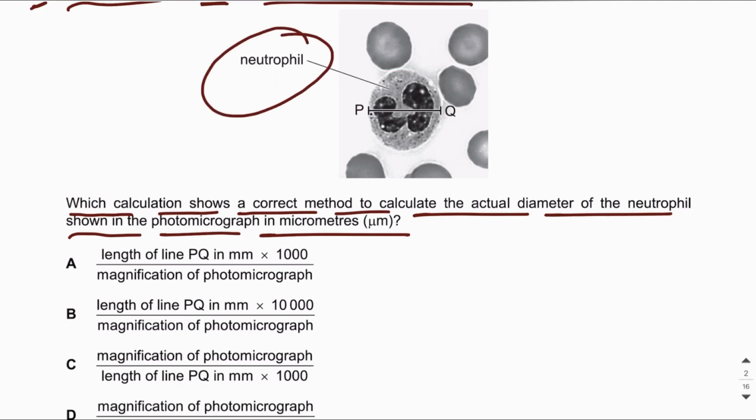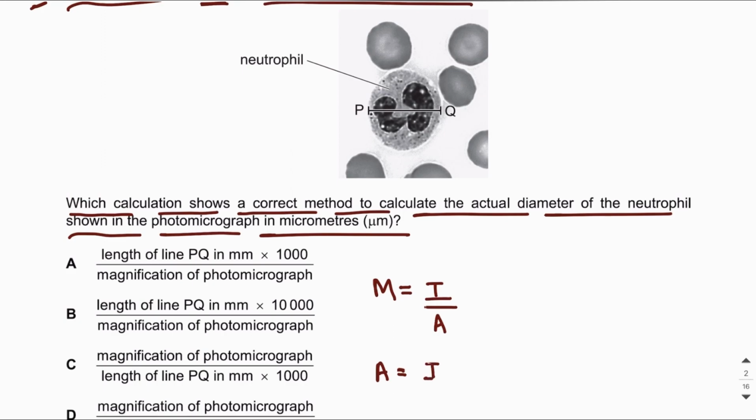which is the neutrophil. So for that you use the formula magnification is equal to image length divided by actual length, and you need to rearrange this formula because you want to find actual length. So when we rearrange the formula, actual length is equal to image length divided by magnification. So you need to put image length and magnification in this formula to find the actual length. Now the image length will be the length of line PQ,